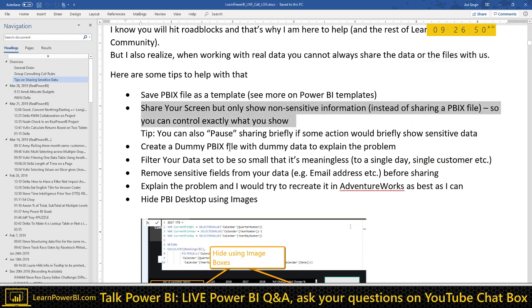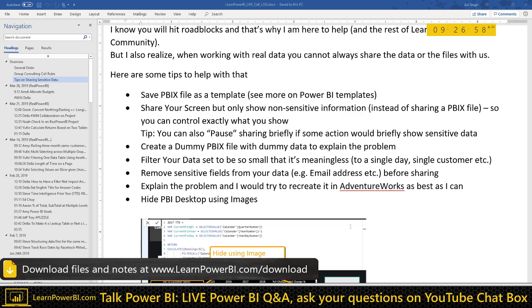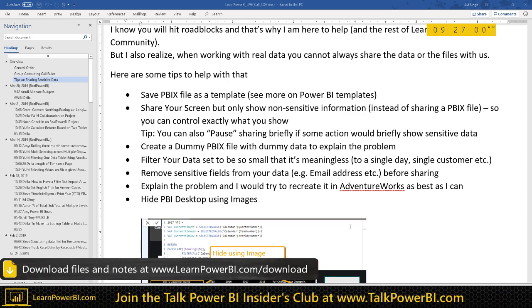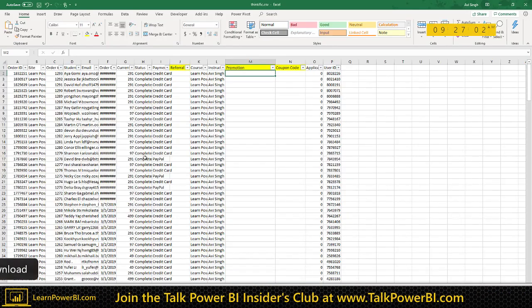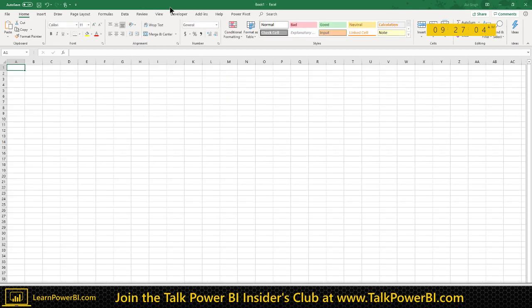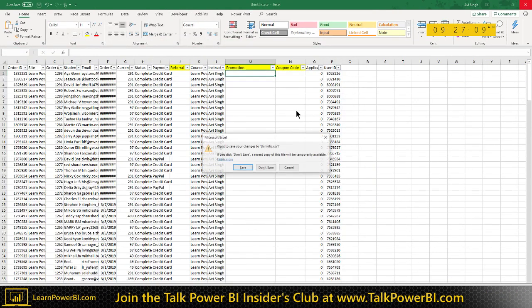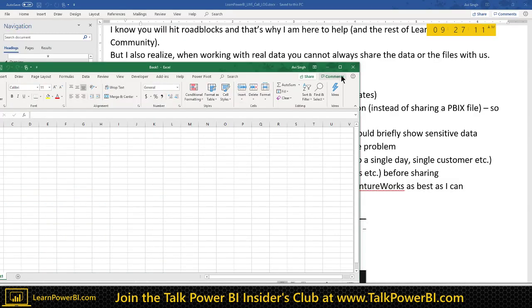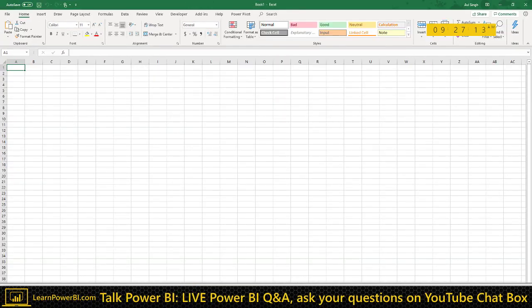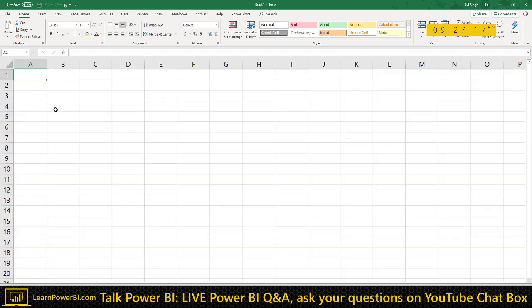This one is create a dummy PBIX file just to explain your problem. And what I often do is hack the data in here.